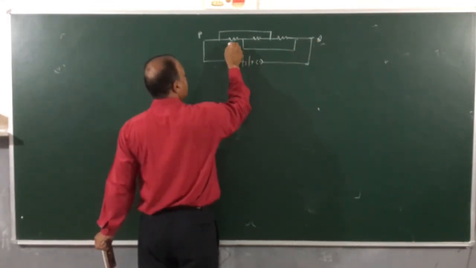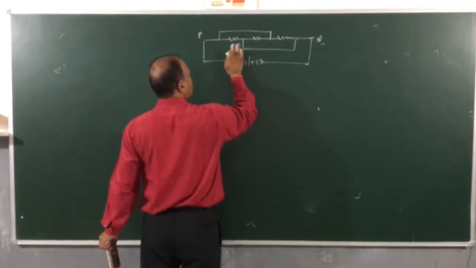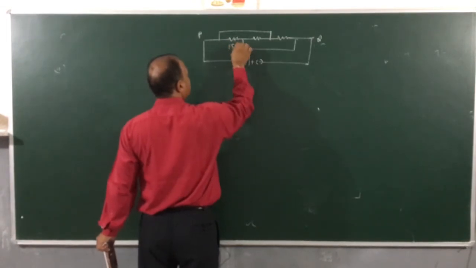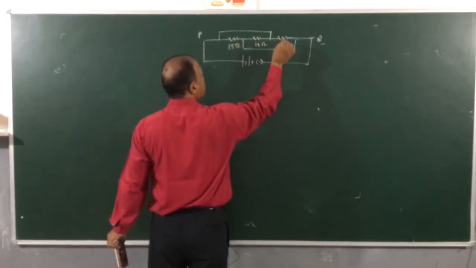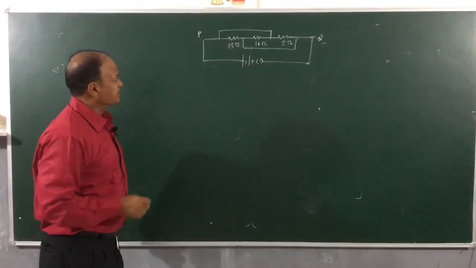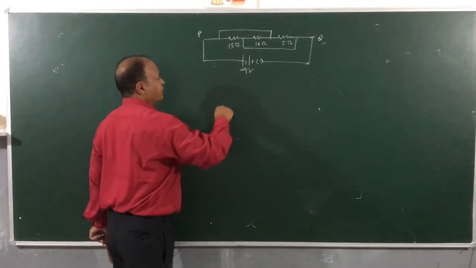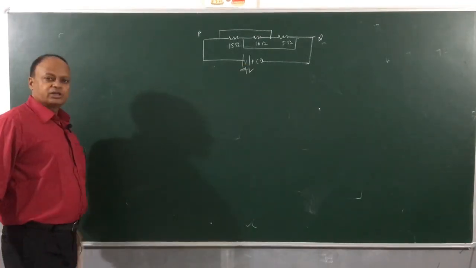And this is suppose 10 ohm, this is maybe 15 ohm, 10 ohm, and this is 5 ohm. Don't think that I have taken multiples for any reason, I have taken just like that. You can take any value, and I am connecting it to a 4 volts battery. Clear? And the problem is